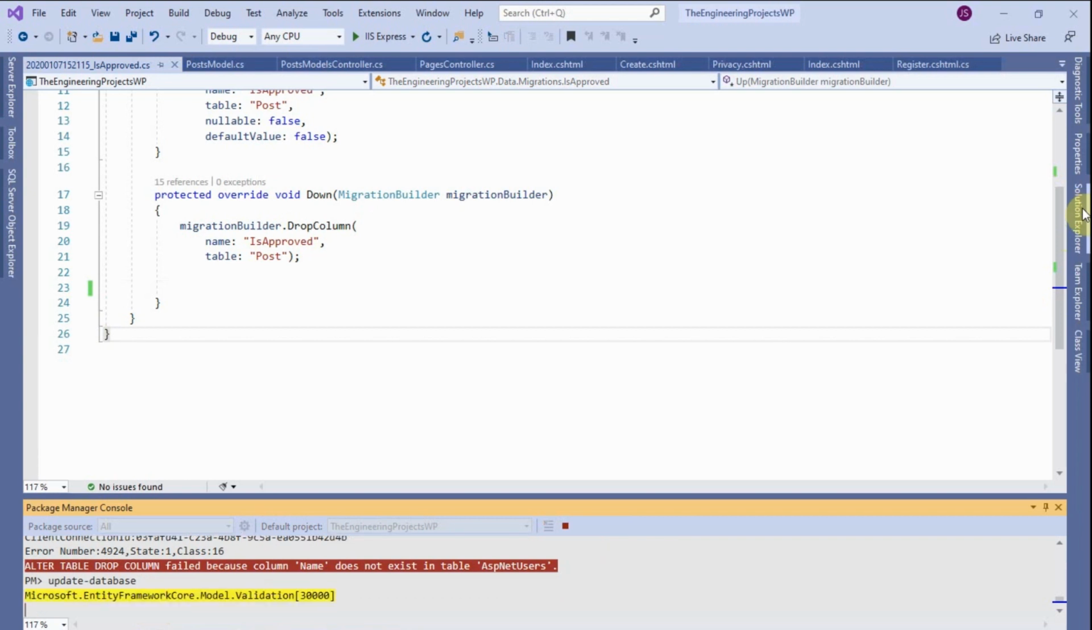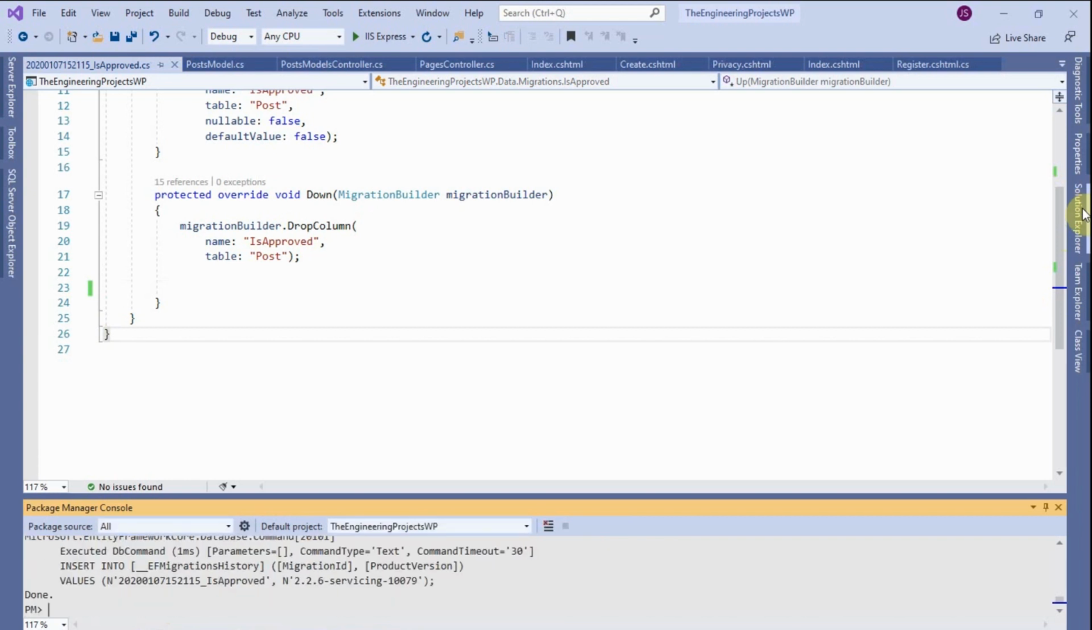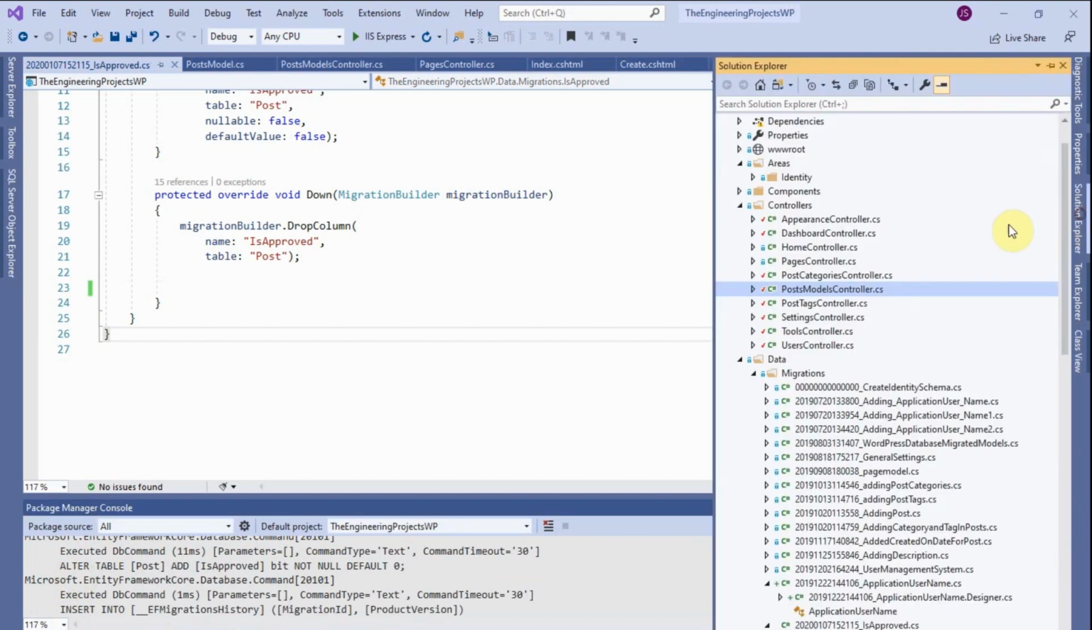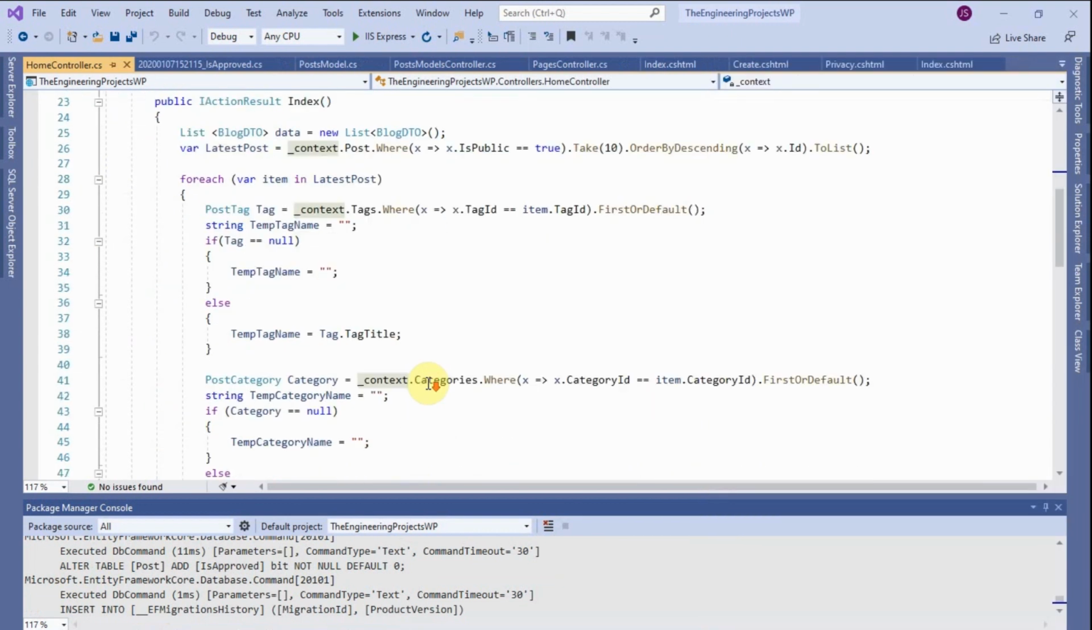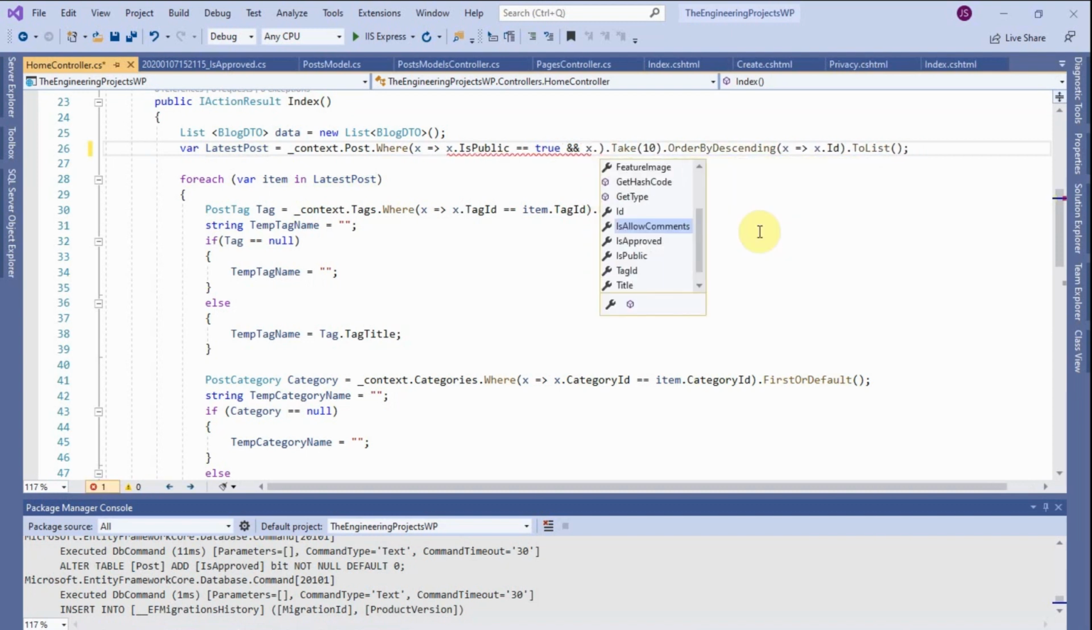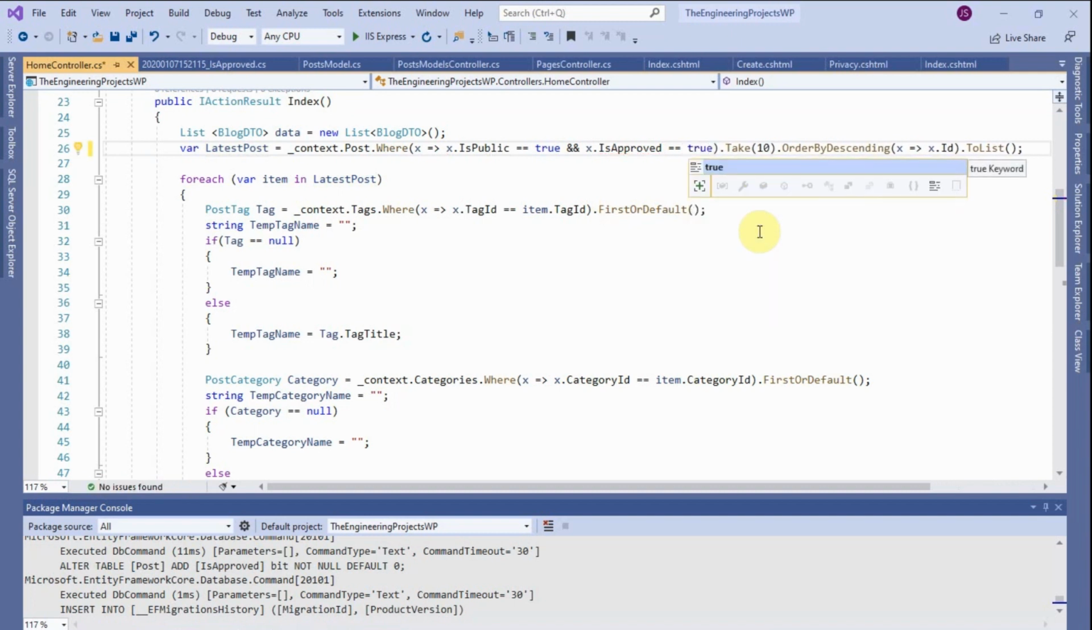After the migration completes, as you can see, no error occurred now, so it's done. Now go to the home controller, and where we have post, so we are getting posts from here. So what we will do is public true and x dot IsApproved equals true. So only the posts